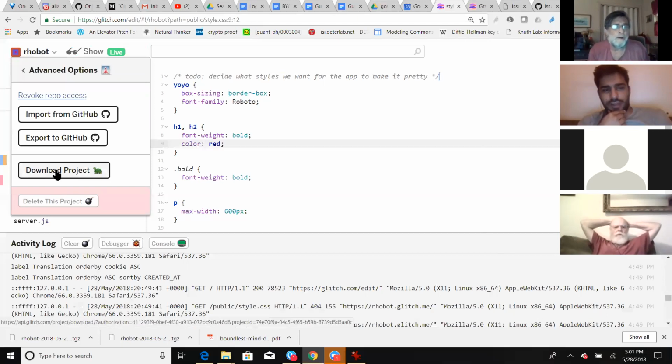Does it run offline? That's interesting. Now, one of the main problems that we've had that we weren't able to solve is that when we export to GitHub,